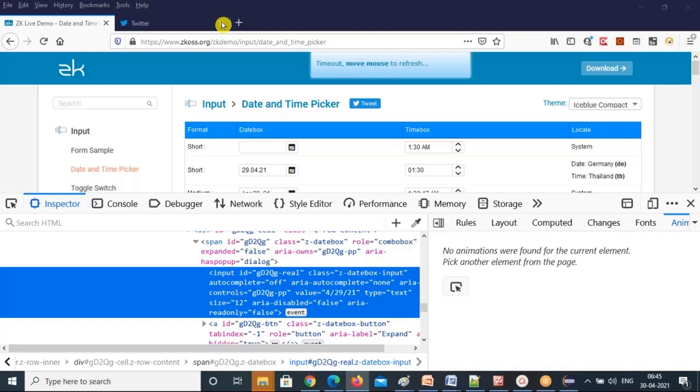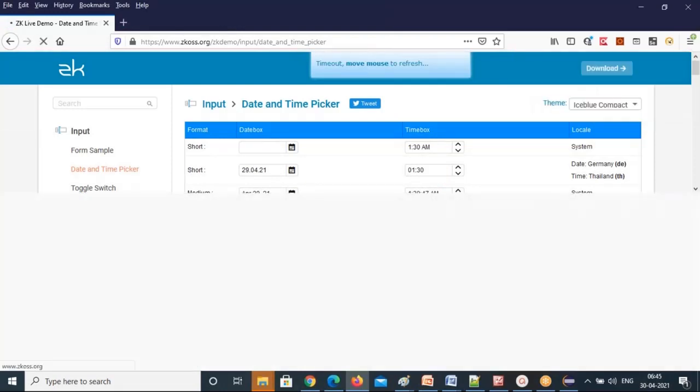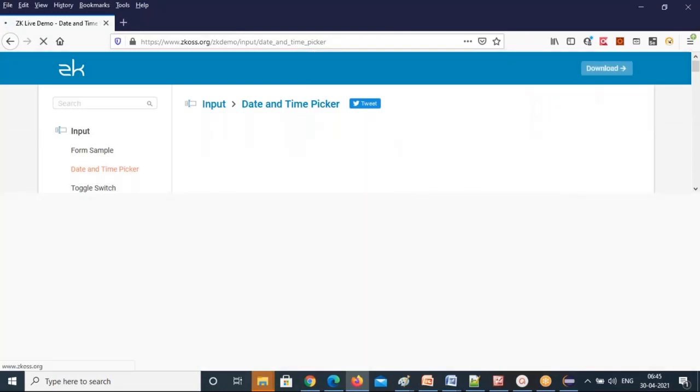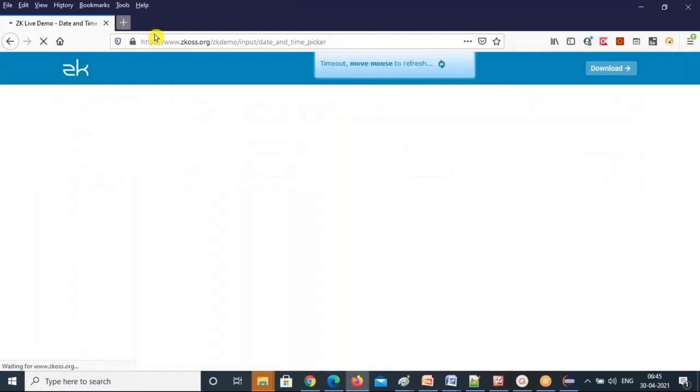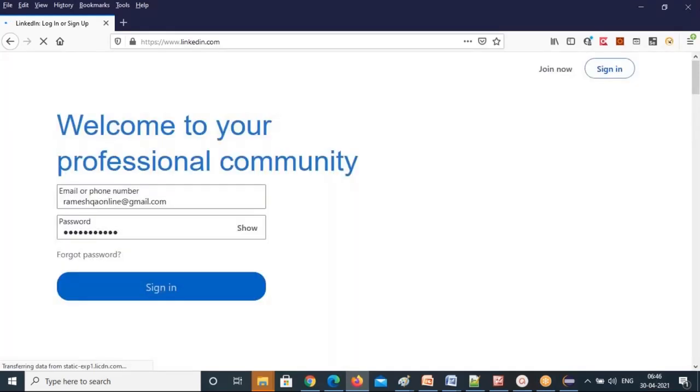So in the LinkedIn login, what you can do is first launch the URL. After launching, I'm creating a home page test case. Then I'll create another one, login, as another test case. Logout is another test case. These 3 test cases I want to automate. How can we automate it?